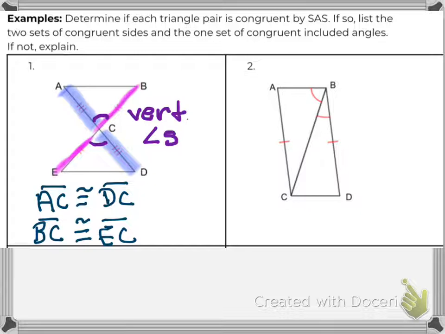There we go. Okay. And then I would say that angle, now be careful here because I cannot say angle C because what I have are adjacent angles. So remember, when you have adjacent angles, you actually have to use three letters. So if I want to talk about this angle, I would have to say angle ACB